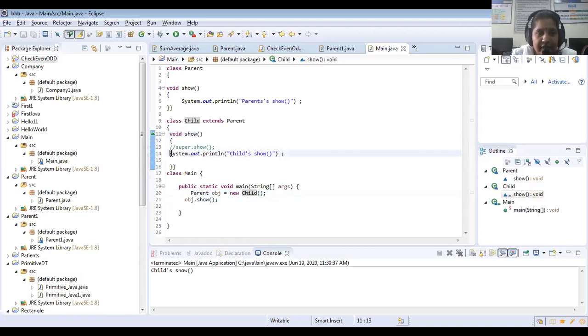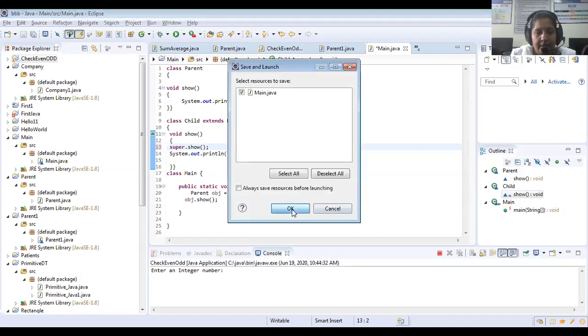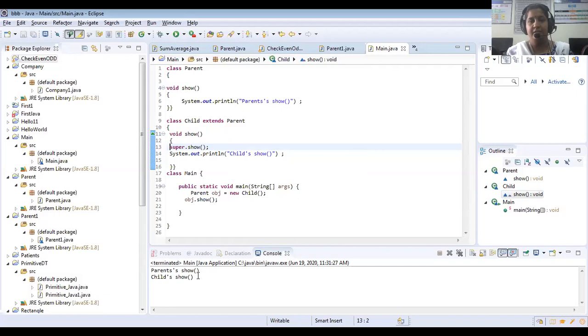In this show method, this line will just show child show. But if you give super.show() as the first line, automatically the control will be transferred here. First parent show will be executed, then only the next line. So again I will run main, and yes, parent show and child show.